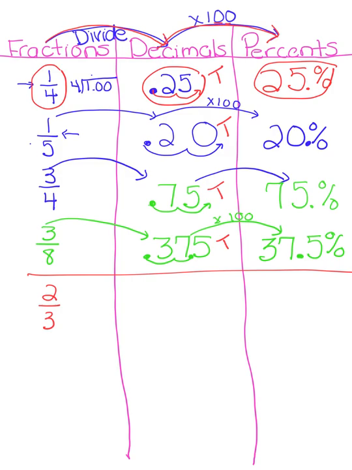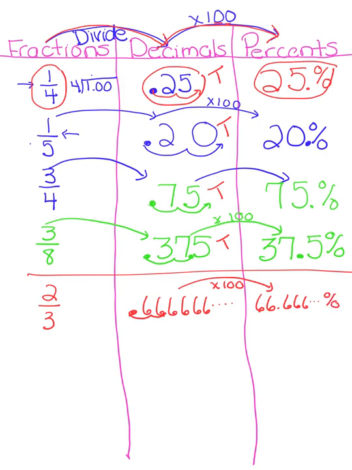2 divided by 3 gives us the equivalent decimal of 0.666 repeating. Please write it in expanded form in the center column. As we multiply this by 100, you will see that the decimal moves 2 places, always 2 places, as we multiply by 100. And the result is 66.666, and I'll do